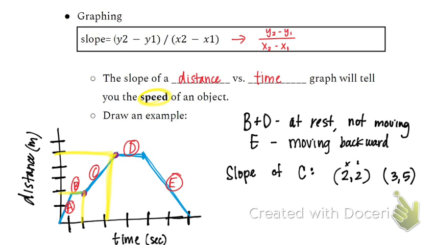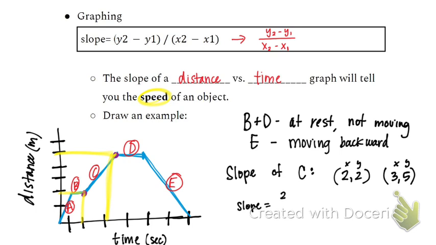So we have x, y, x, y. How do you find the slope? Subtract. Which one goes on top? The y. So it doesn't matter which one you do. We can go ahead and do